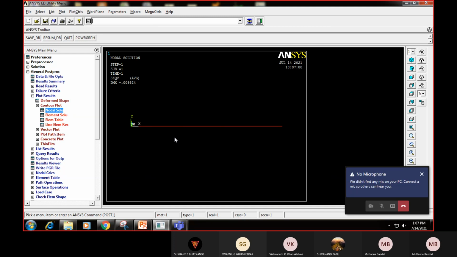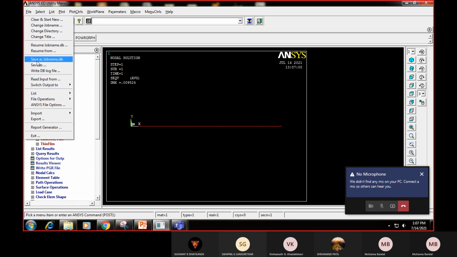So this we call post processing. Post processing means we have to see the deformation and stresses, and after that I have to go to File and save this file once again.